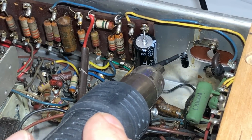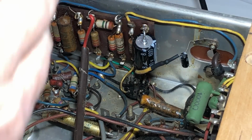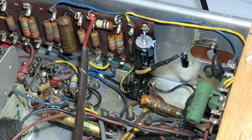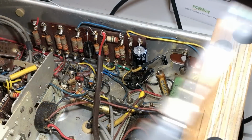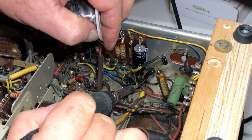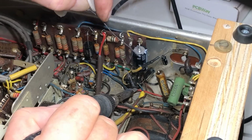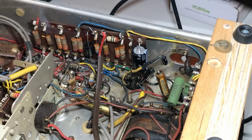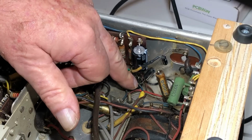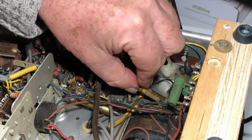And there we go. Not the neatest job in the world, but it will do the trick, and I guess the object here is to get it working. I thought I'd better replace that one I cut out in the beginning. This was actually stopping the radio from powering up, it was shorting, so I just clipped the wire and left it, and I think it probably does perform some function. It's between the plate of the output tube and B plus coming off the rectifier there,